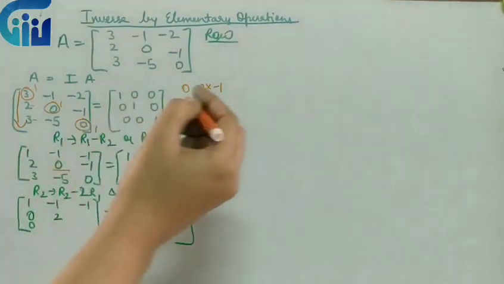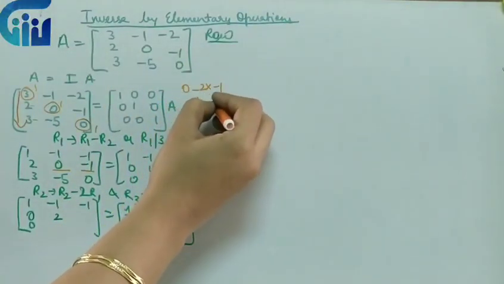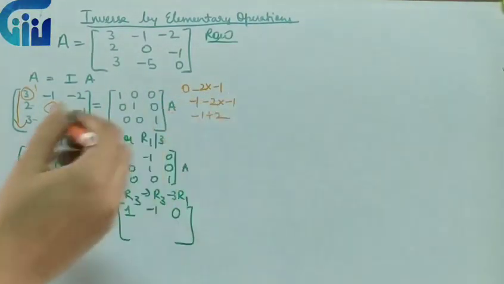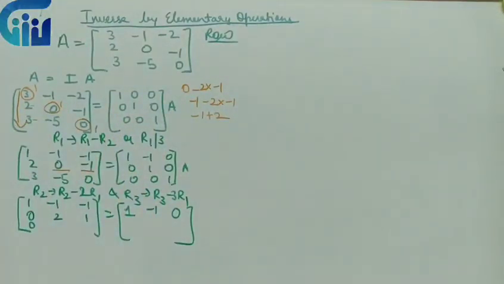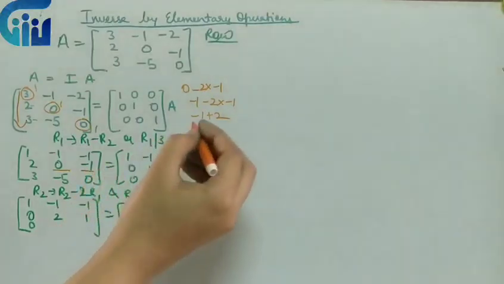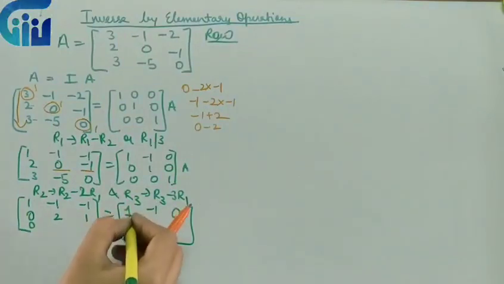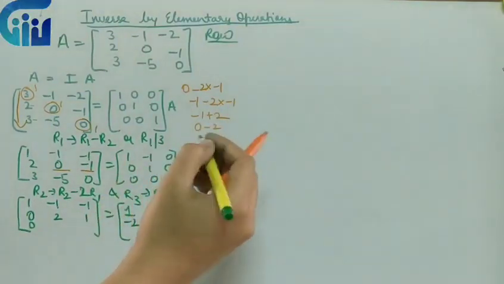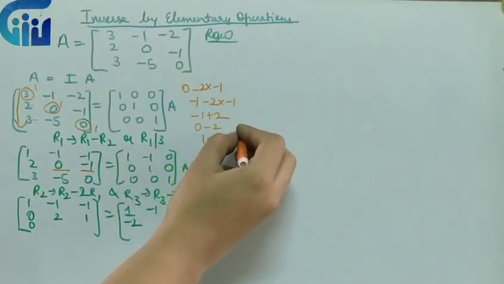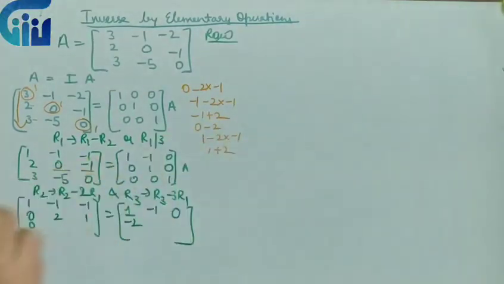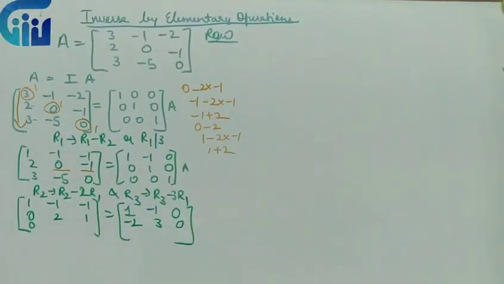Then next step is minus 1. So next number is minus 1. So I will take minus 1 minus 2 into minus 1. So minus 1 plus 2, it will be plus 1 over here. Next element, what do I have? Next element is 0. So I will write 0 minus 2, so it is minus 2. So I will write minus 2 over here. Then next element is 1. So I will write 1 minus 2 into minus 1. So 1 plus 2, that is 3. So I will write 3 over there. For this it is 0 and 0, so we will write simply 0.